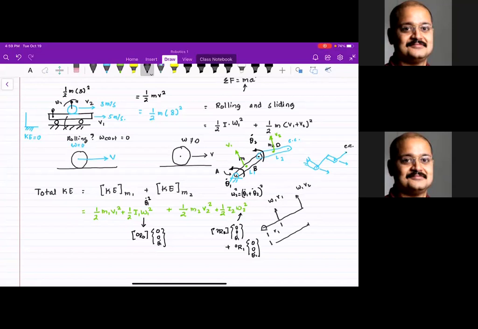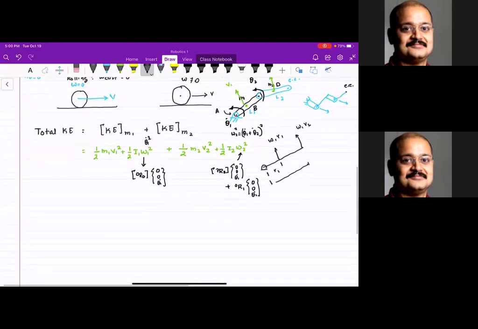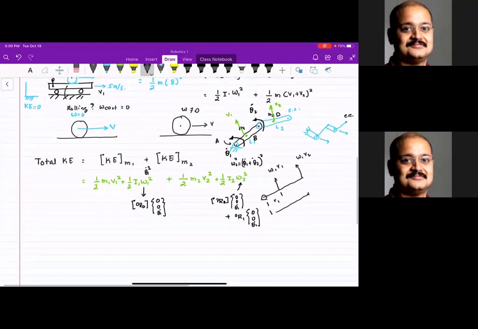But the story doesn't end here. Right now, all the coordinate frames are aligned and everything is good. So the math works out very nicely that we can visualize. But in certain cases, the math will not be as straightforward as this. But at the end, we need to know the total kinetic energy. Now, next thing, okay, before I proceed, any questions, discussion on this?